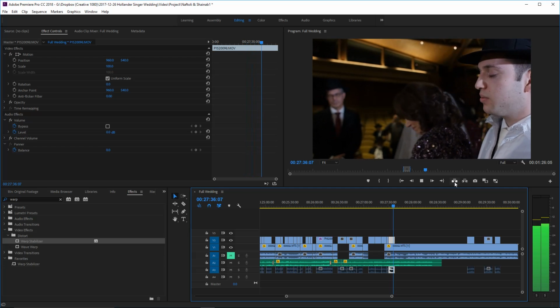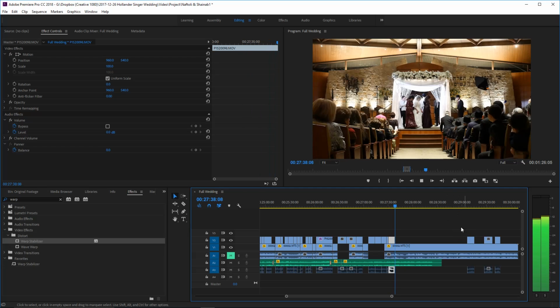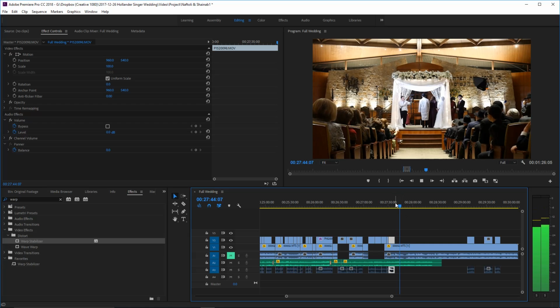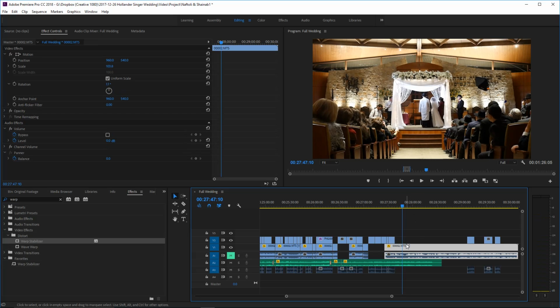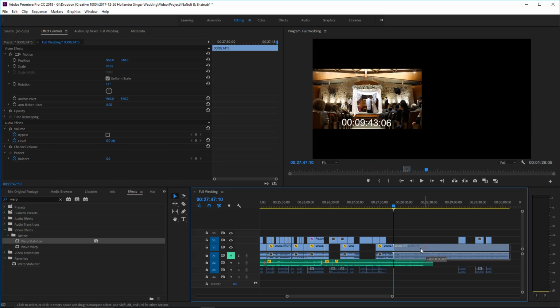So I think this will be perfect. Because this shot ends with them about to come around the front. We'll put in, just to drag it out a little bit longer.